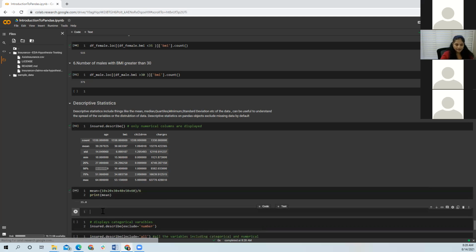And for the median, what you do is, there are 6 values. So here I will take 40. 40 would be my median.